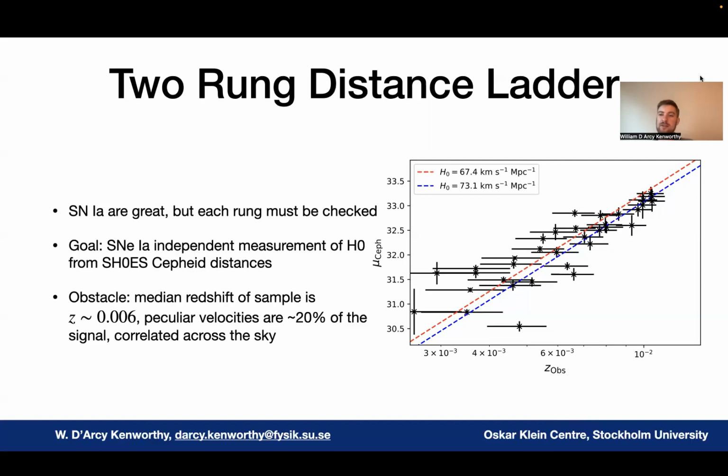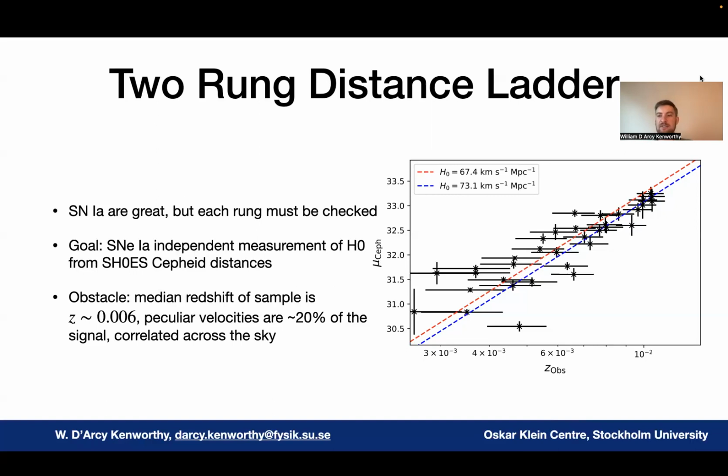As I said earlier, though, the reason that we are using these type 1a supernovae in the first place is to get out into the Hubble flow where peculiar velocities are a smaller effect. For nearby supernovae with Hubble redshifts of 3,000 kilometers per second, a peculiar velocity error of 250 kilometers per second is going to be a lot more significant.